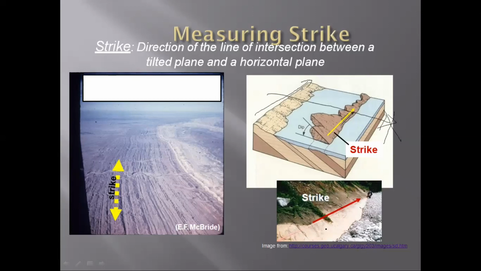Here also you can see, we have a rock unit, and you see the same rock unit is present in this direction, and if you move in this direction, then you cannot trace this unit. So it means along the strike, the chances of finding the same rock unit are more.